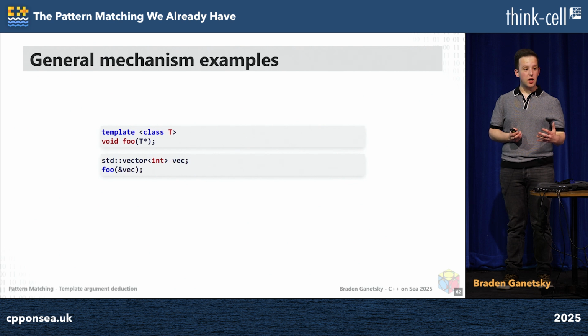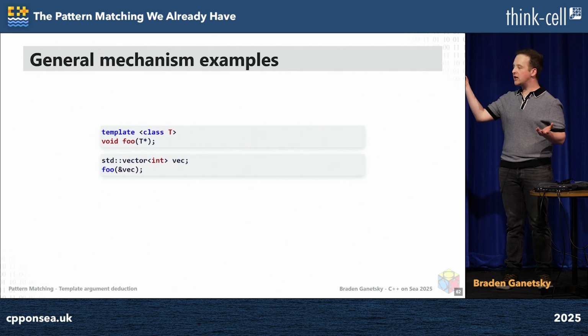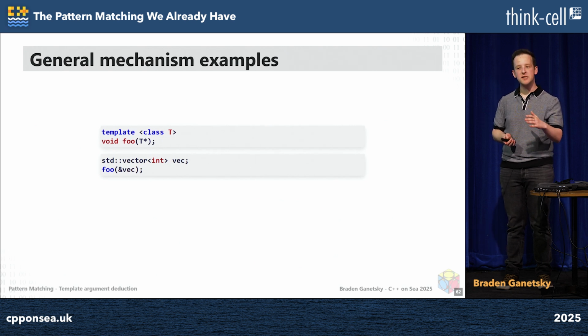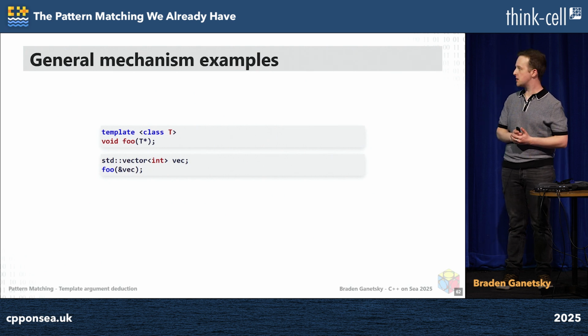Now, my question here was not, what does it get deduced to? Because it may be pretty clear that, yeah, this gets deduced to vector of int. My question is why? And how do we go step by step, taking my understanding of the standard, potentially flawed, and seeing step by step how this works?